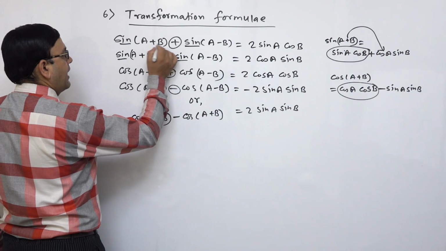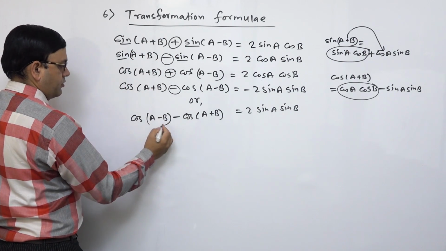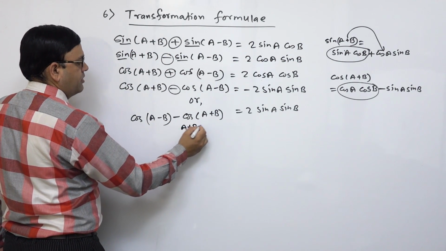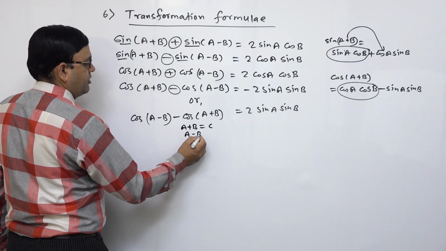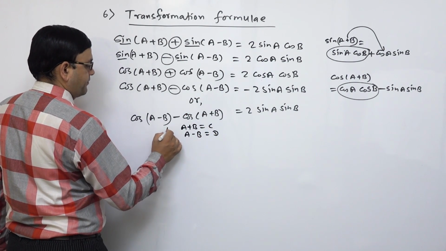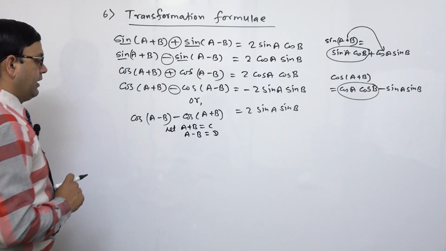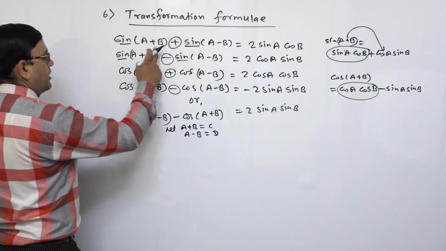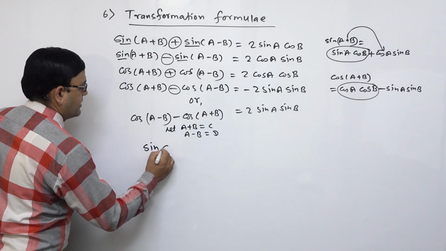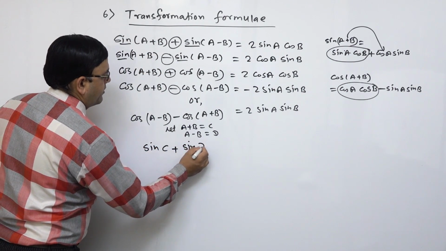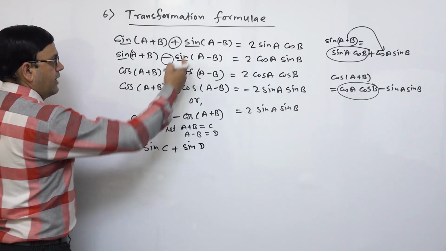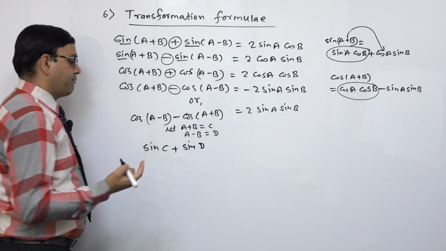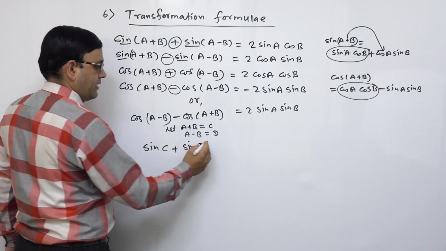अब यसपछि फेरि हामीहरुले a plus b लाई c मान्छौं। a plus b इज इक्वल टु c, a minus b इज इक्वल टु d सपोज गर्यौं भने, यसमा के हुन्छ हेर्नुस् त। sin c plus sin d हुन्छ, a plus b ठाउँमा c, a minus b ठाउँमा d। sin c plus sin d को फर्मुला के हुन्छ होला त? 2